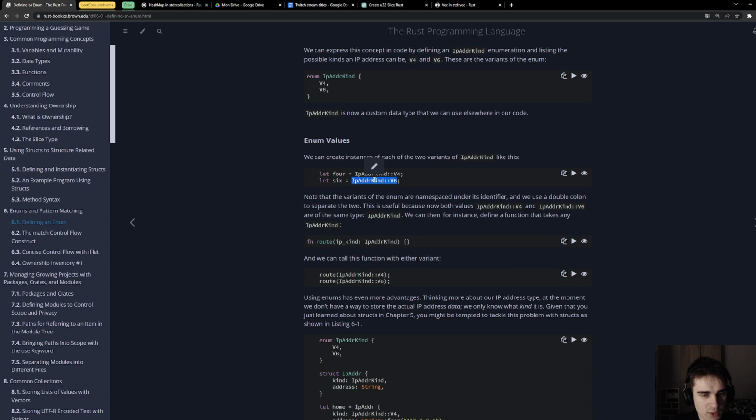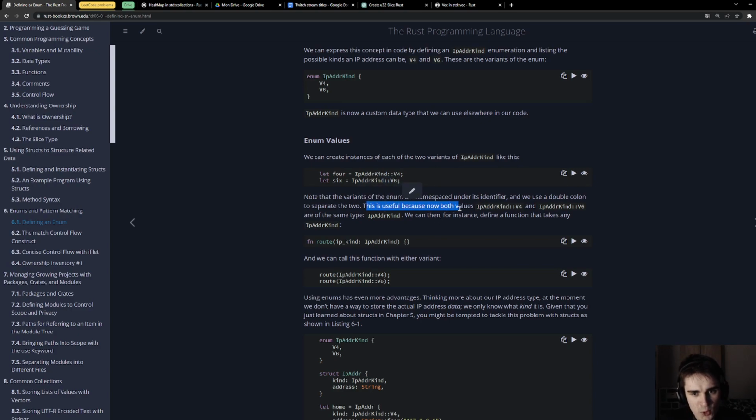Okay, so it's the same syntax as for namespaces and for calling an associated function in a struct. Associated functions, for me, are just a static method of a struct.